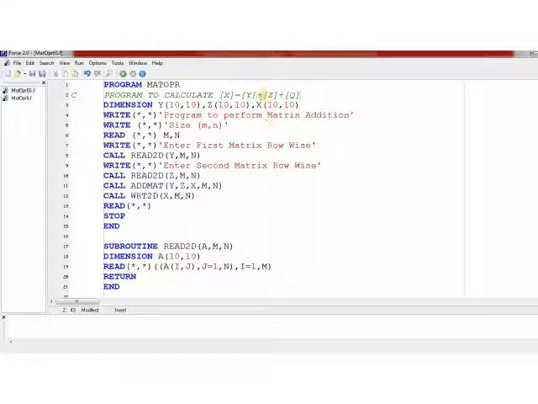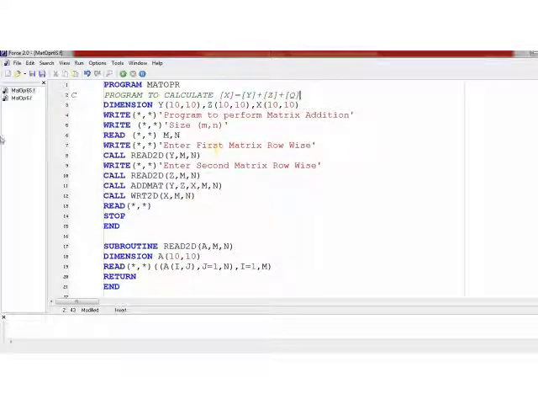In this case, I will have to simply read matrix q using another call to read 2D, and then I will have to use addmat for performing addition. First, I will add y and z and store the result in some temporary variable, let's say d. Then I will add d and q, and store that result in variable x. So that way it becomes very easy to calculate.